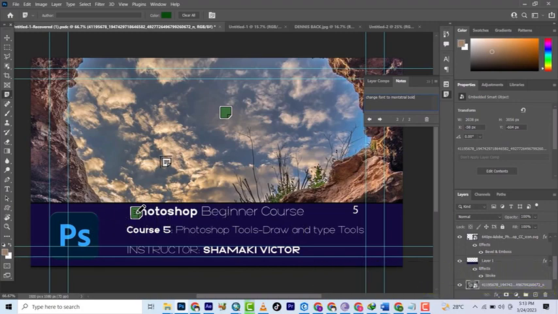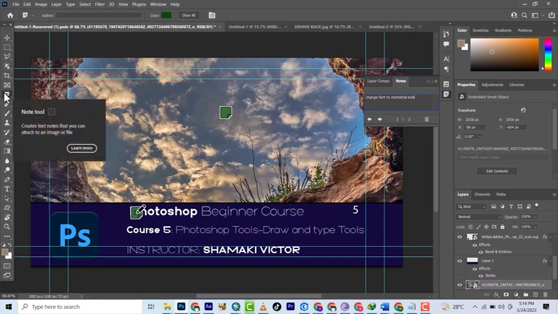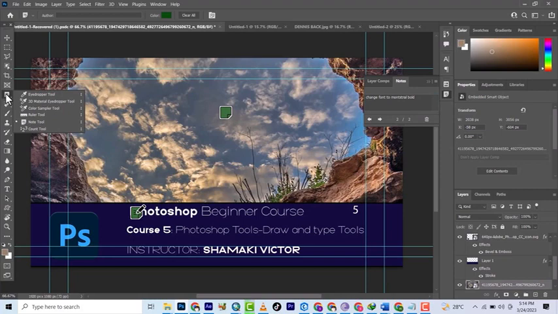So basically, the purpose of the notes tool is to help you add a note to describe something. Maybe you and someone are working on the same project, and you want to leave a note for the person. So you can use the note tool. Okay, so moving next, we're going to